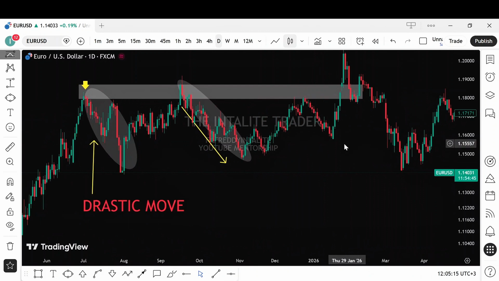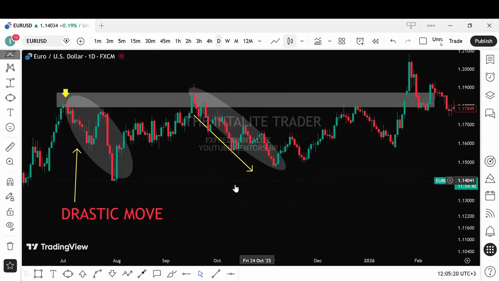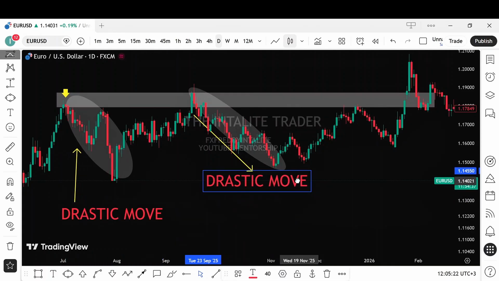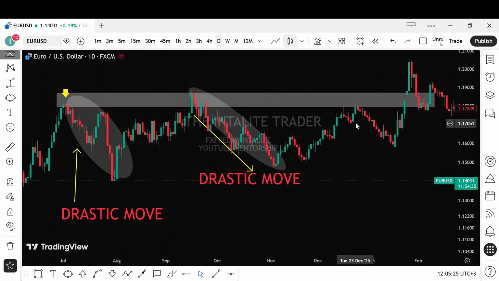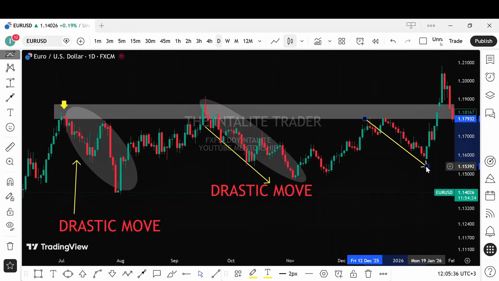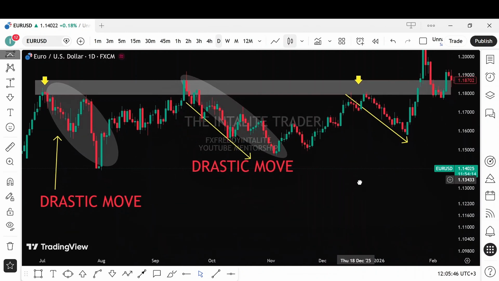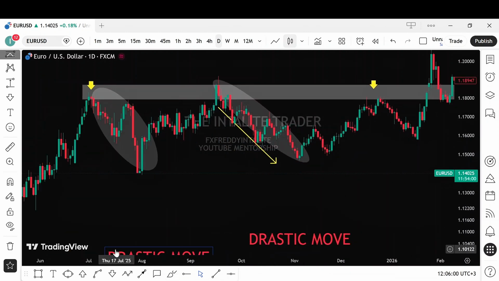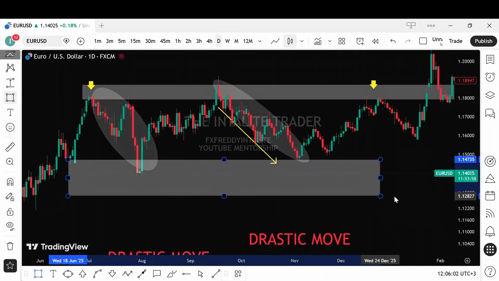So in the future, we expect that when price comes back into the same level, because this is a steep reversal, there will be possible trade opportunities to short the market. So you mark here, and when price came into the same level, you see there were possible trade opportunities. This one is also a drastic steep reversal,